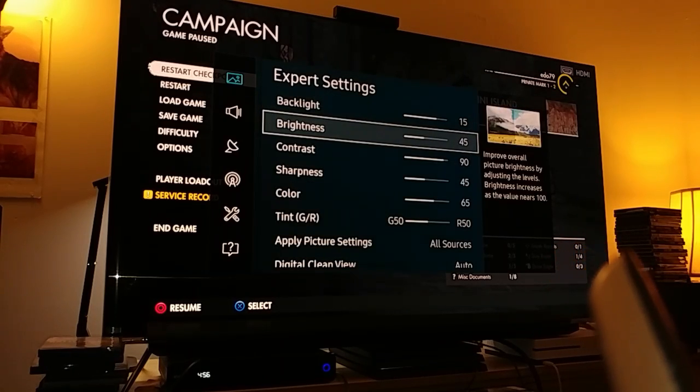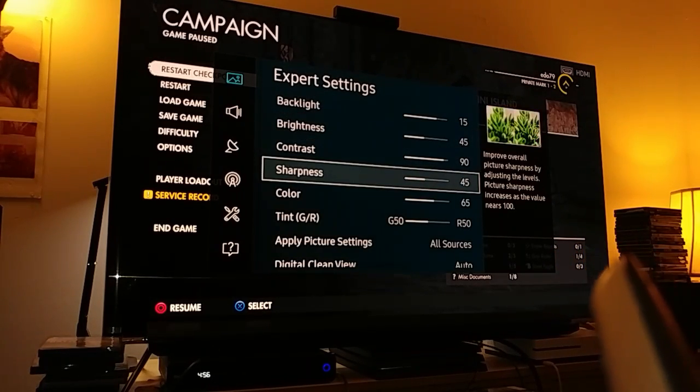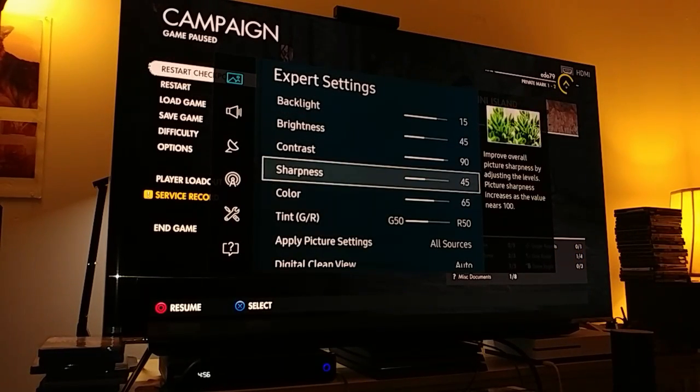Let's go to expert settings. This is really good, man. Sharpness 45, color 65, brightness